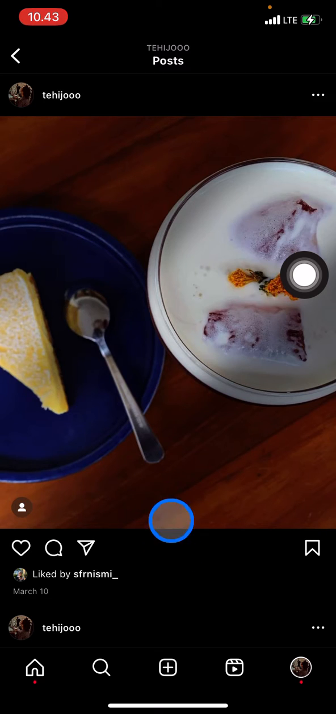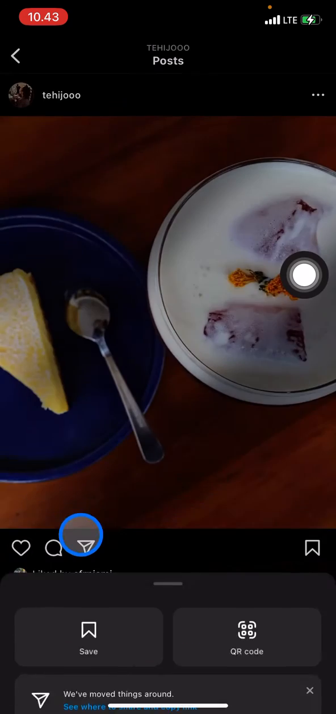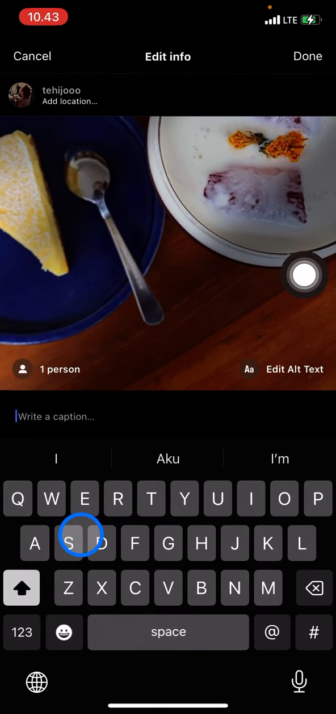Okay, so the thing you have to do is go into these three small dots, and after that you just need to click edit. This time you just need to type what caption you want to add to this post. Okay, for example, I want to have a